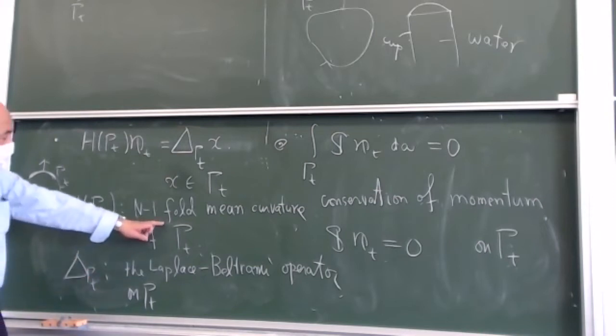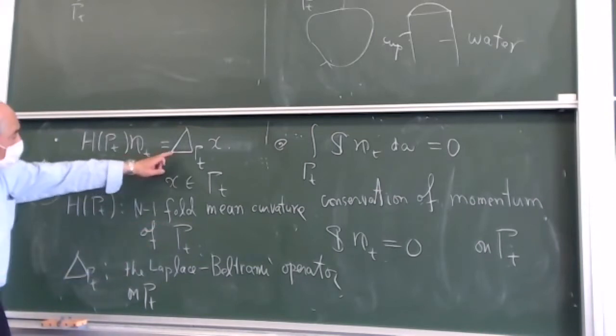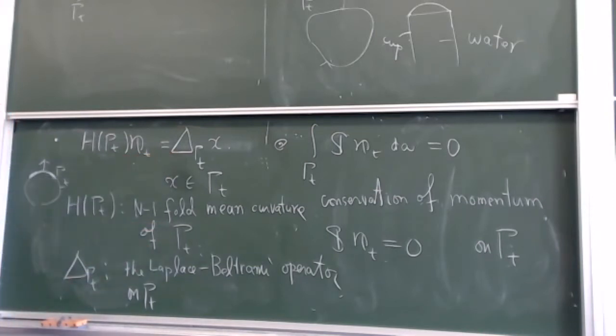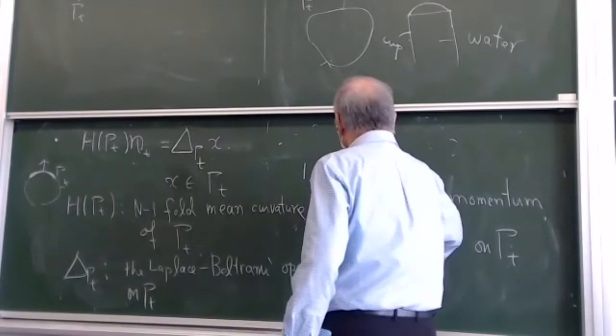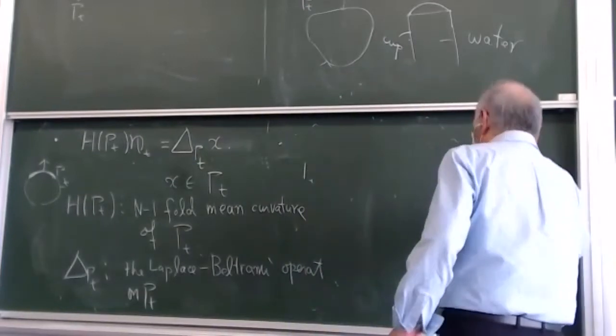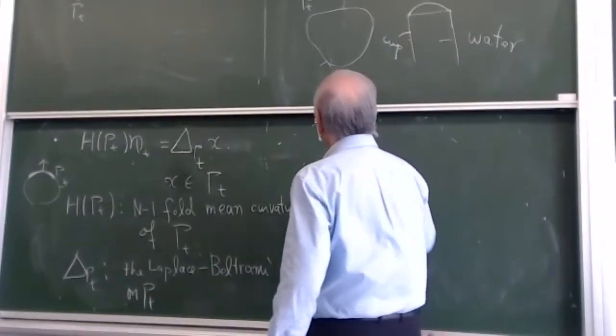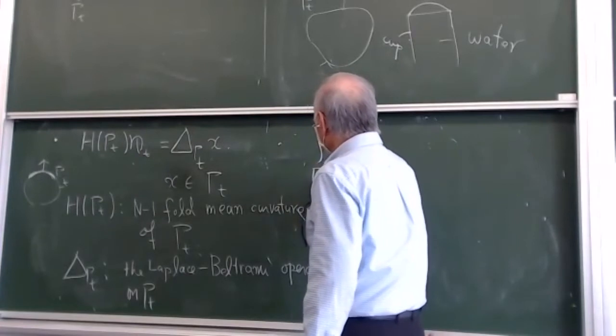And this mean curvature is given by the Laplace-Beltrami operator. I will give you these formulas later, but today I just announce these formulas. Okay. Therefore, of course, this condition is